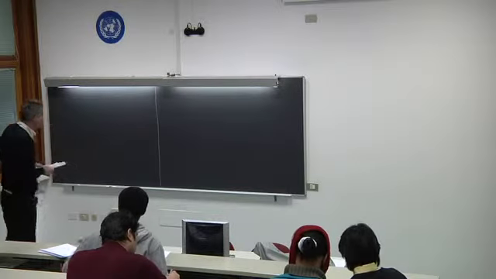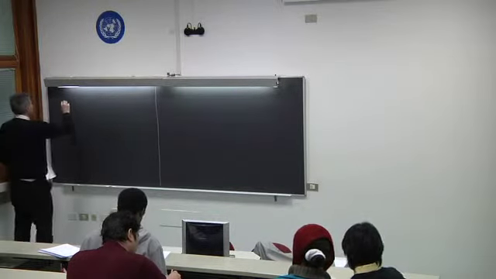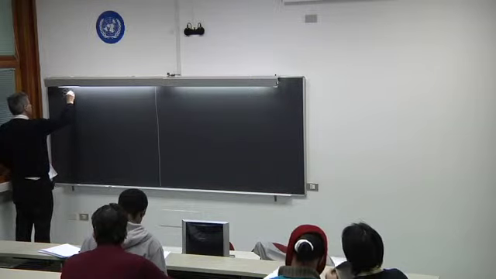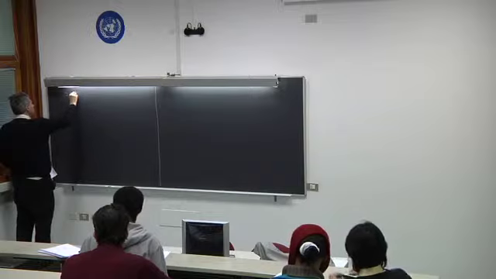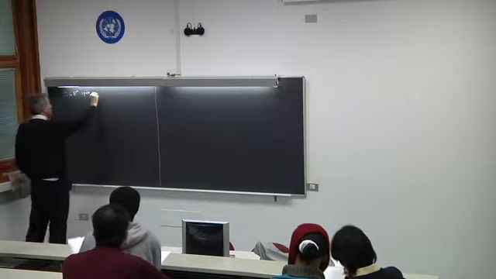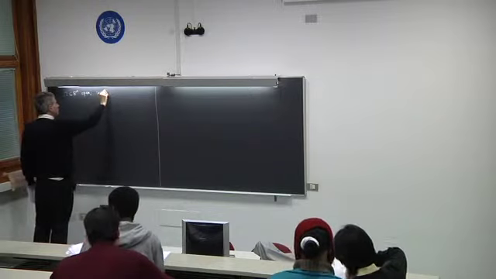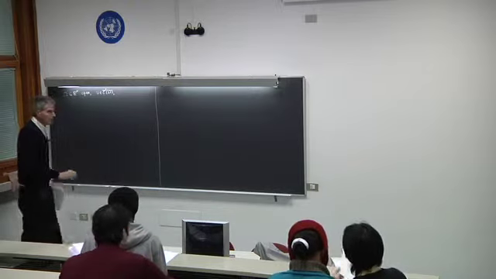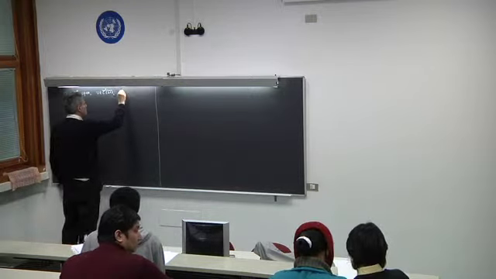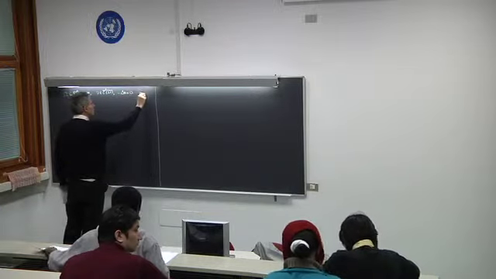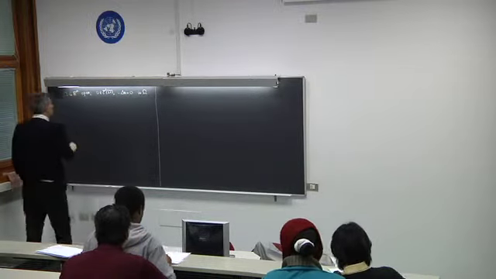Okay, so let me remember that we have proven the following. If omega is an open set and u is C2 in omega and u is harmonic in omega, then